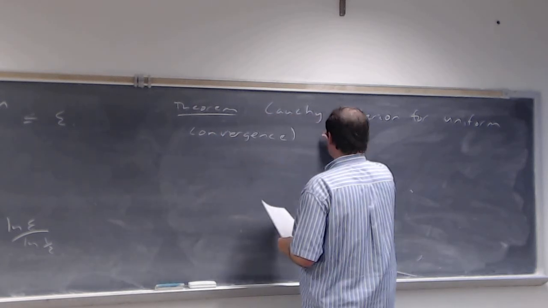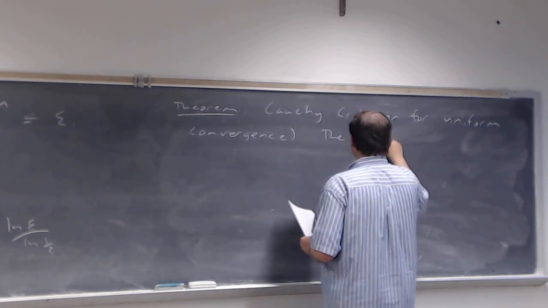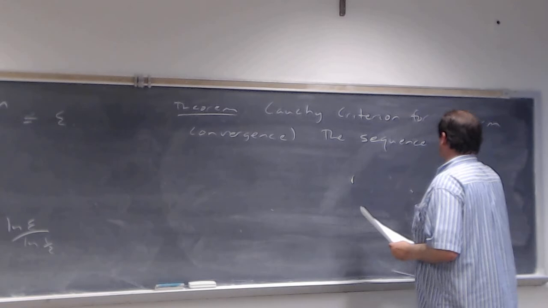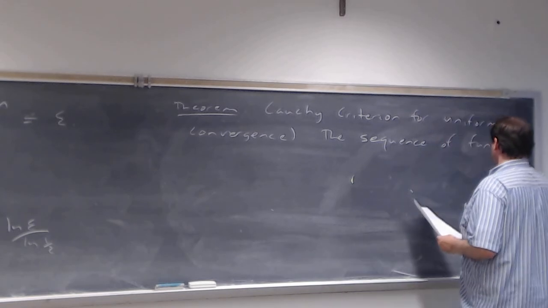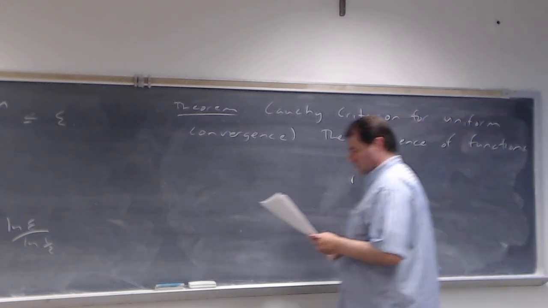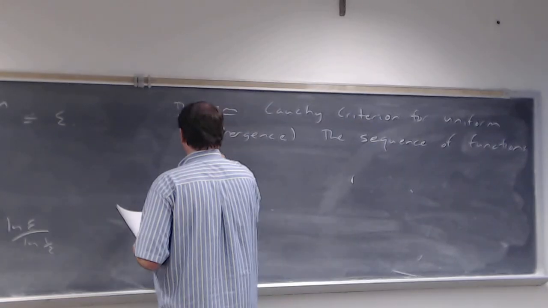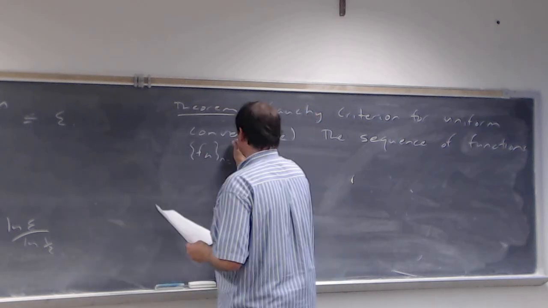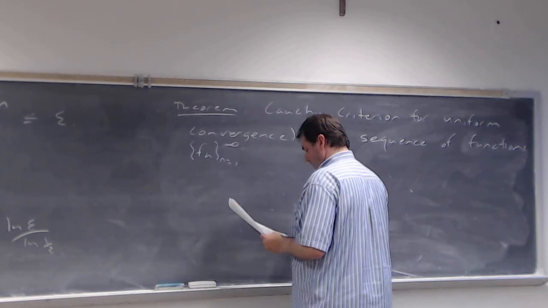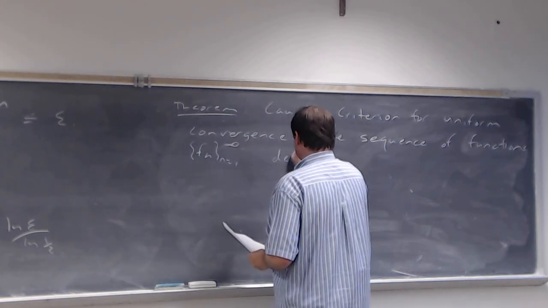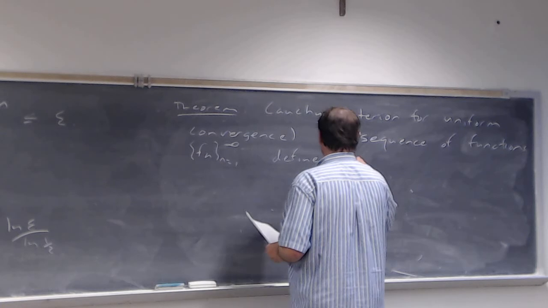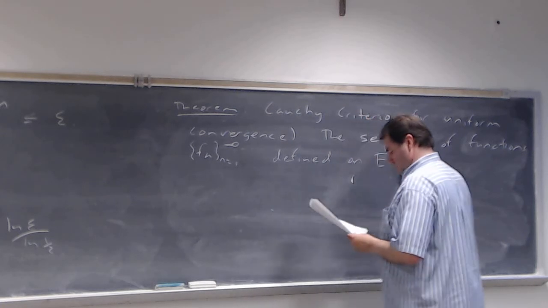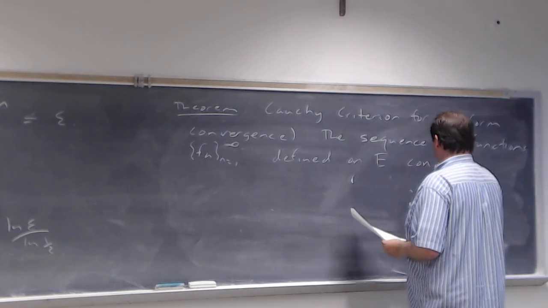It says the sequence of functions f sub n, running from 1 to infinity, defined on E, converges uniformly